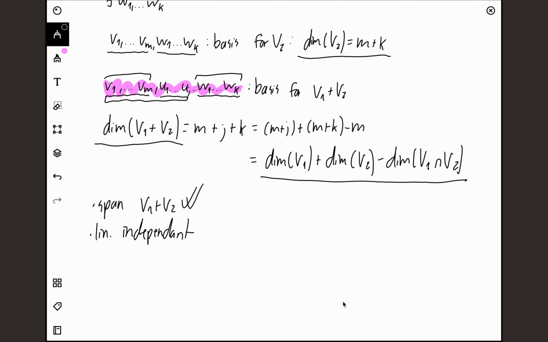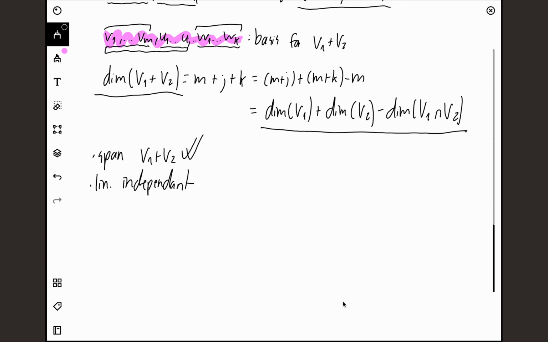Now the slightly harder part to check is that they're linearly independent, but it's also not that hard. It's kind of weird how we do it. We do some algebraic manipulation, we kind of mess around with the vectors. So basically, the classic way to show that some vectors are linearly independent is to show that if these vectors